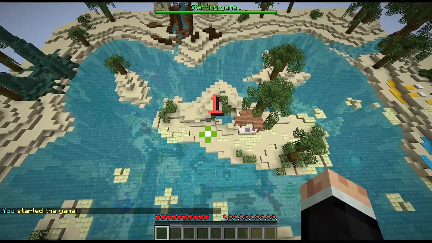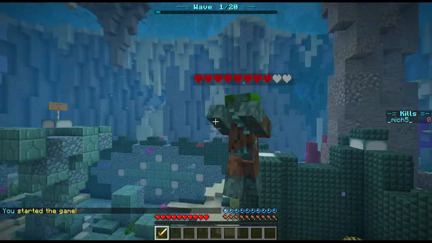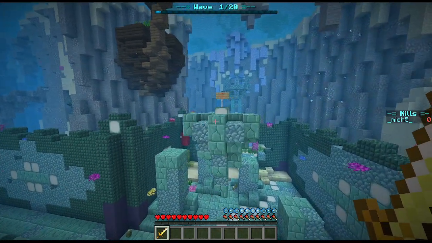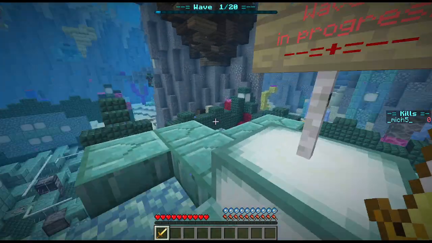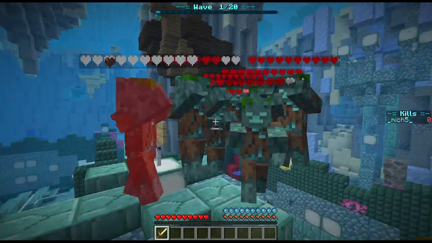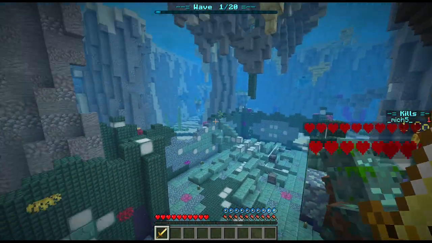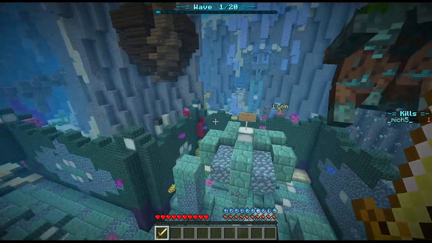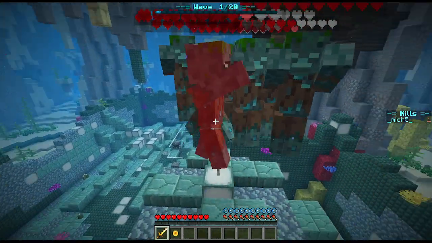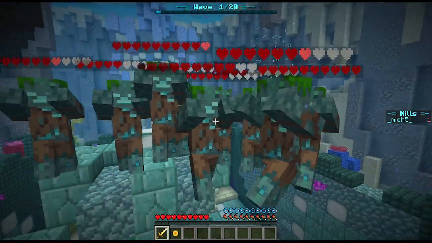You started the game. So yeah, 20 waves. We're fighting underwater, which is going to be trippy, especially since that's something I'm not exactly used to. Wave 1 in progress. My word, these guys are fast. Oh, I have to actually pick up the coins? I hate it when maps do that. You have to actually pick up the coin instead of just being registered for a kill. It's fine, it's just...